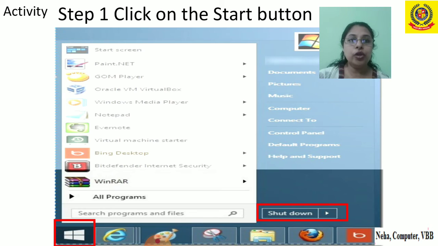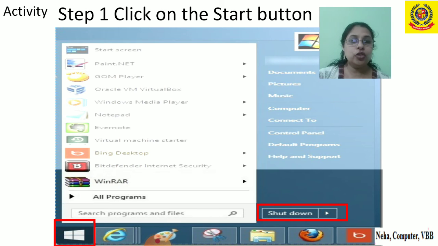And what will you do? You are going to click it with the help of the mouse. As you click it, a white rectangular menu comes out. In that menu, we have an option of shut down.